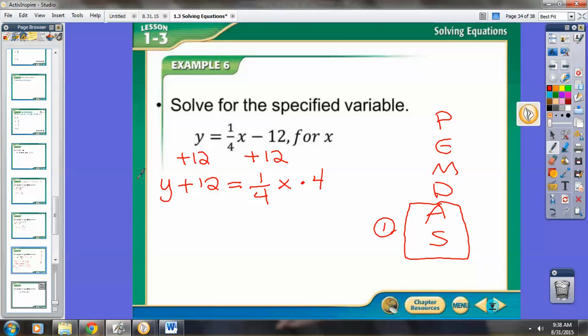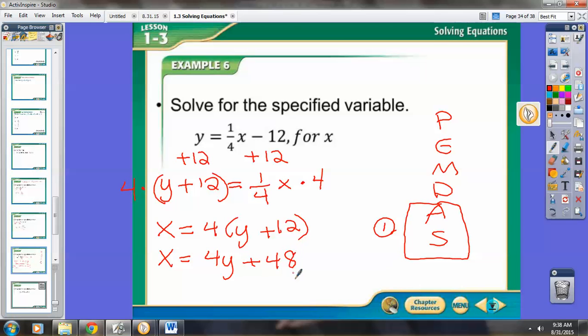Now, when I multiply the left side of my equation by 4, I do need to put it in parentheses. I can multiply the whole thing. So we're left with x equals. I'm going to distribute my 4. Typically, this is what I have: 4 times the quantity of y plus 12. But I want to go ahead and simplify this a little bit. Let's distribute: 4y plus